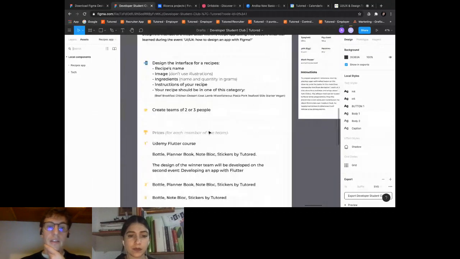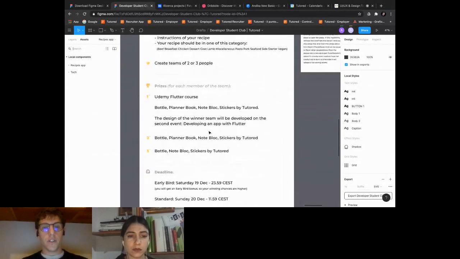You can create teams of 2 or 3 people, max 3 people. And the prizes for each member of the team are a Udemy Flutter course and branded gadgets like a bottle, planner, notebook, stickers, etc. And the design of the winning team will be developed in the second event, developing in Flutter with David and Lorenzo.